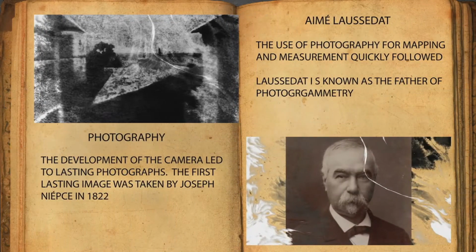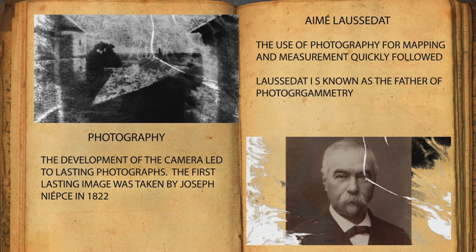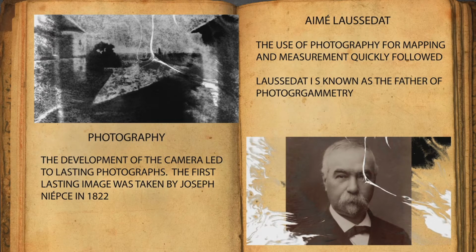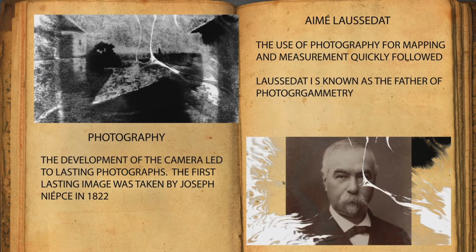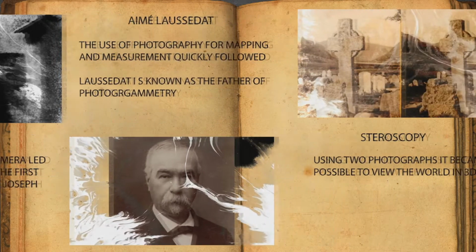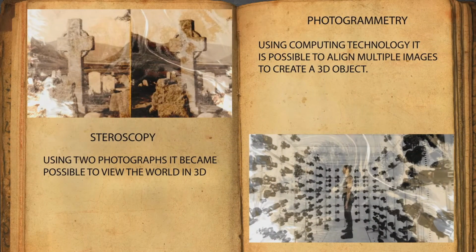Photography then is the next step, and this is one of the big advances for taking measurements. So when we get the first lasting photographs in the 1820s, that's then used by map makers to take accurate measurements of photographs. So photographs of Paris were taken from hot air balloons, and then known measurements from those images were used to map out the city. So we see this used again and again throughout military processes, where you get this technique called stereoscopy, where we're taking two slightly angled images of the same subject, and by overlaying these using special glasses, you're able to create a 3D image of the landscape.